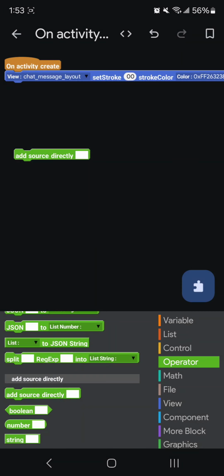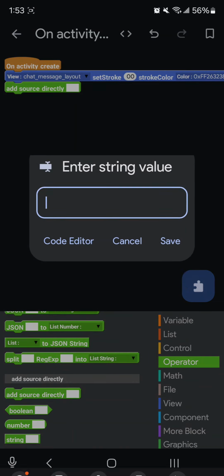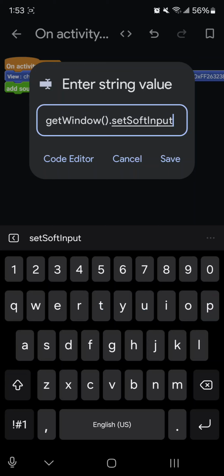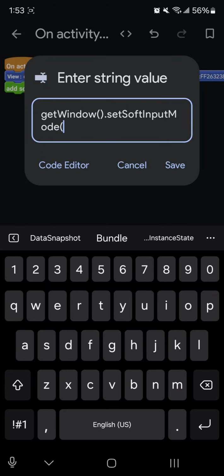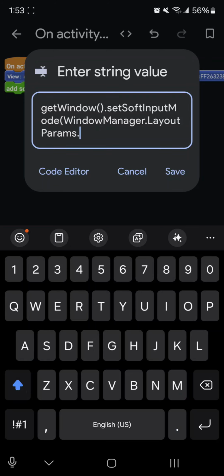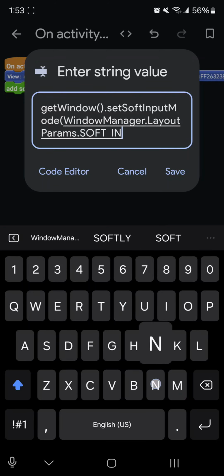This is going to be something that might be new to some of you. We're going to actually enter source code into our application if you want to. And this source code is going to be in the link in the description below. It's called getWindow().setSoftInputMode(WindowManager.LayoutParams.SOFT_INPUT